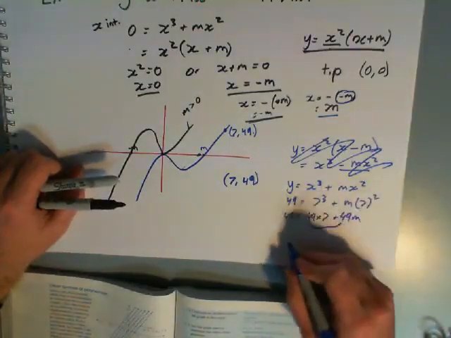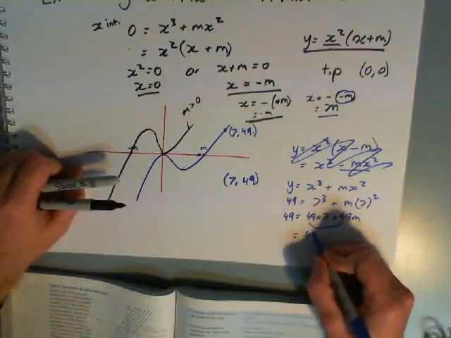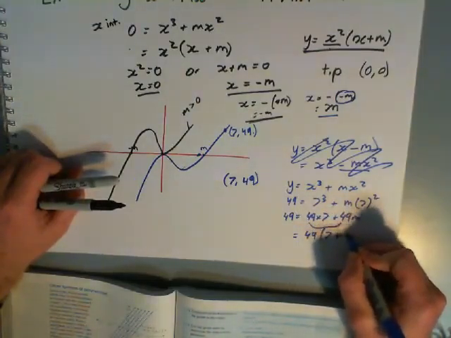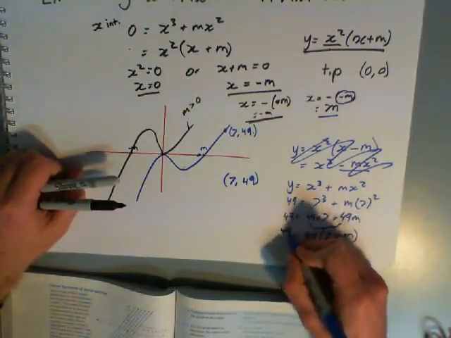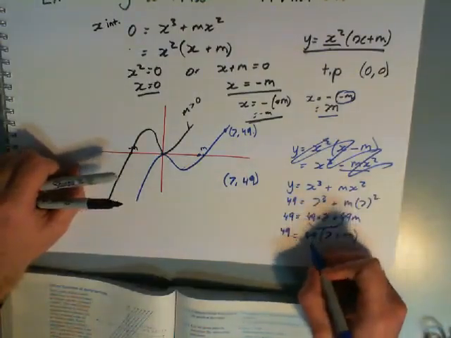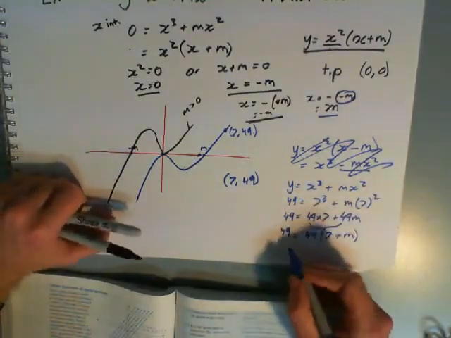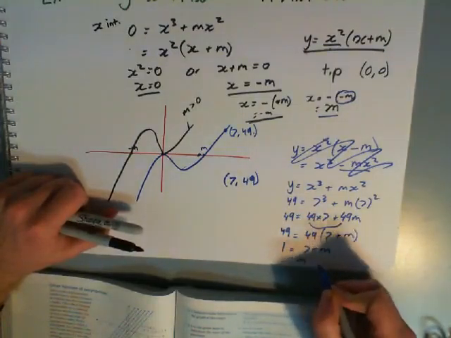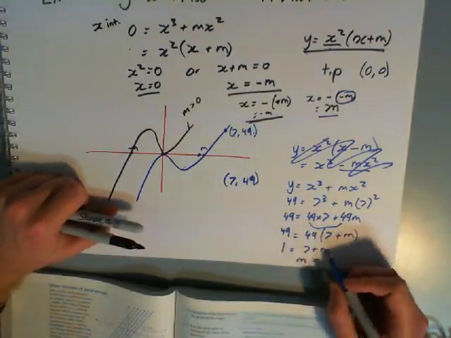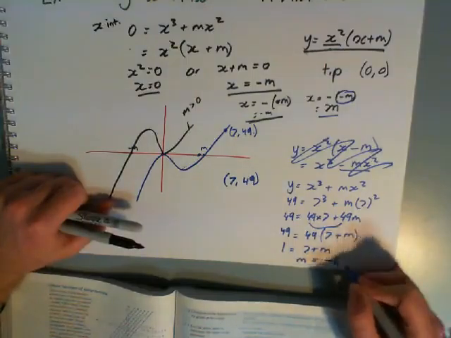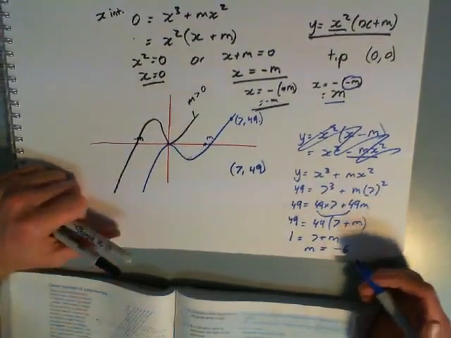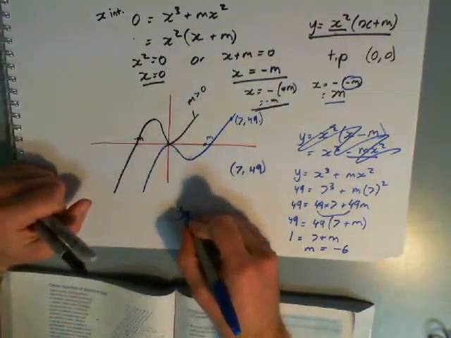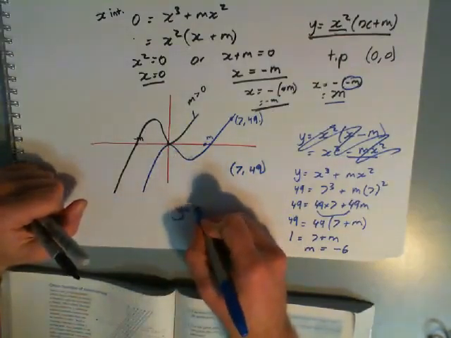Taking 49 as a factor, we'll have 7 plus m. We can divide by 49, so we have 1 equals 7 plus m, so m has to be equal to, if we take 7 across, minus 6. So what's our equation? It would be y equals x cubed